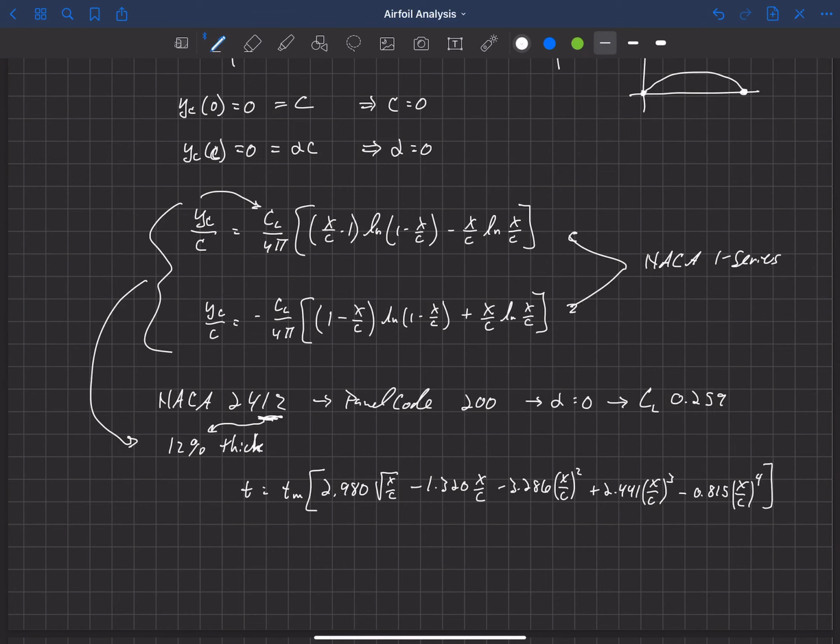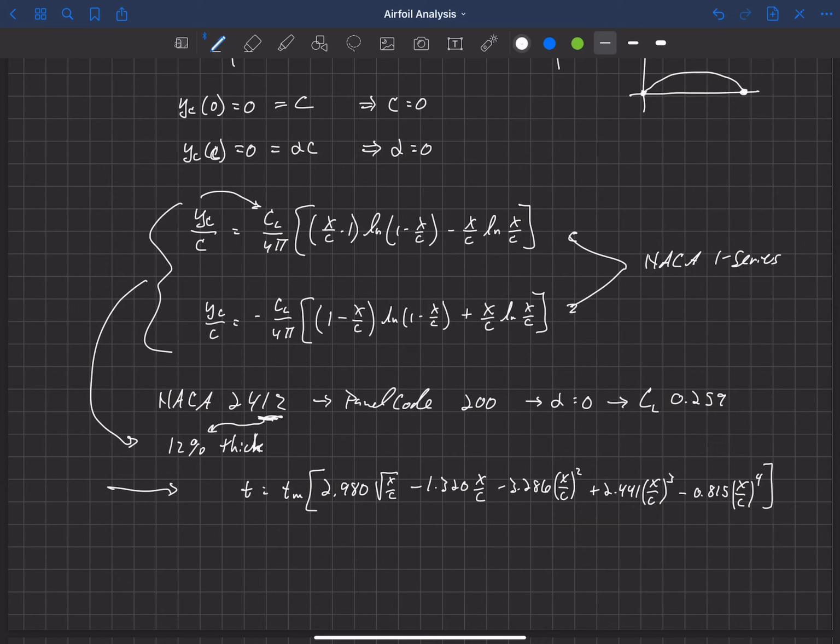Okay, so this is an alternate thickness distribution that closes the trailing edge. This is a distribution that a student of mine and I came up with after running a bunch of simulations and trying to come up with a thickness distribution that matched the aerodynamic performance of the 4-digit series, but had a closed trailing edge. Remember, the original 4-digit series does not have a closed trailing edge. And so the panel codes tend to give better results near the trailing edge if you have a closed trailing edge. And so this is the thickness distribution that we came up with. So anyway, that's just a note that this is the thickness distribution that I'm using.